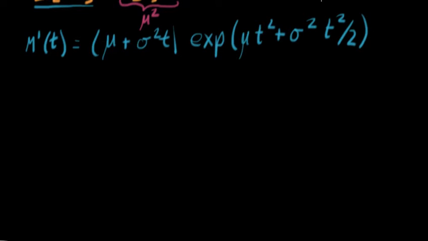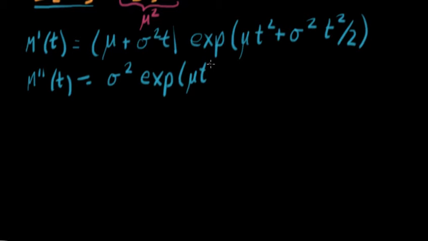So we now calculate the second derivative of the moment generating function. We just use our product rule, so that is going to be sigma squared times e to all of this, mu t plus sigma squared t squared over 2, plus